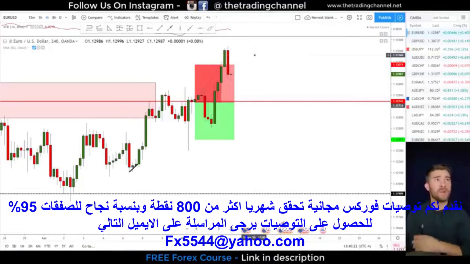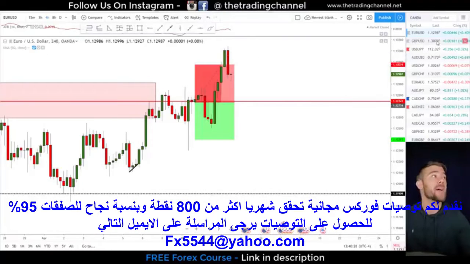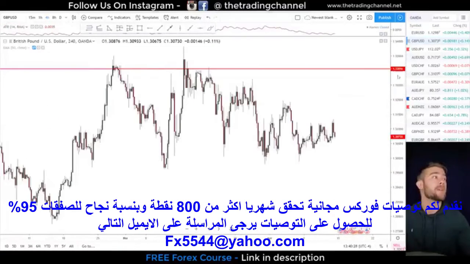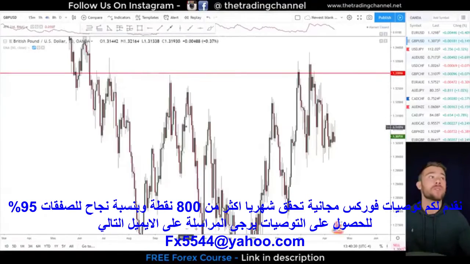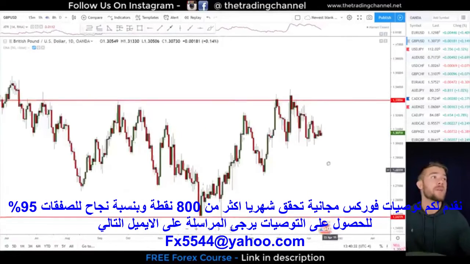So let's go ahead now and move on to our second currency pair that we're going to take a look at, which is the pound dollar. All right, and we are on the 4-hour chart. Let's zoom back out to the daily chart. Here we are now